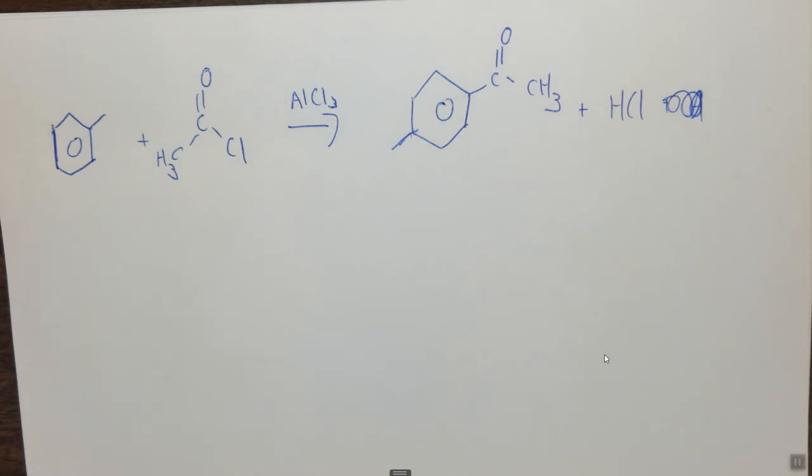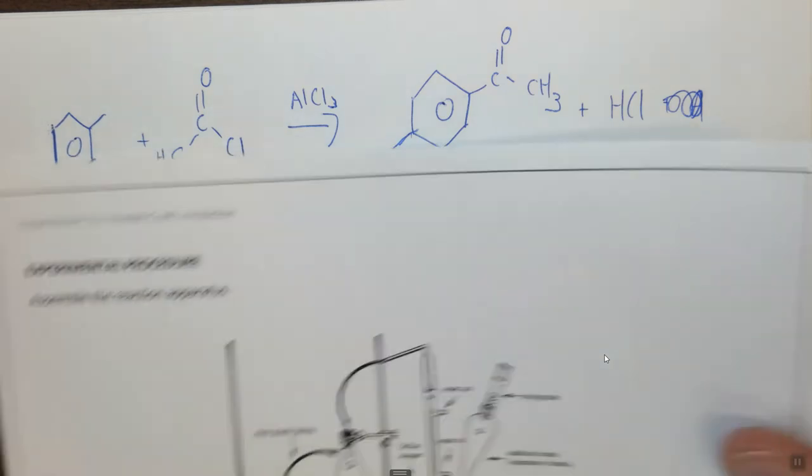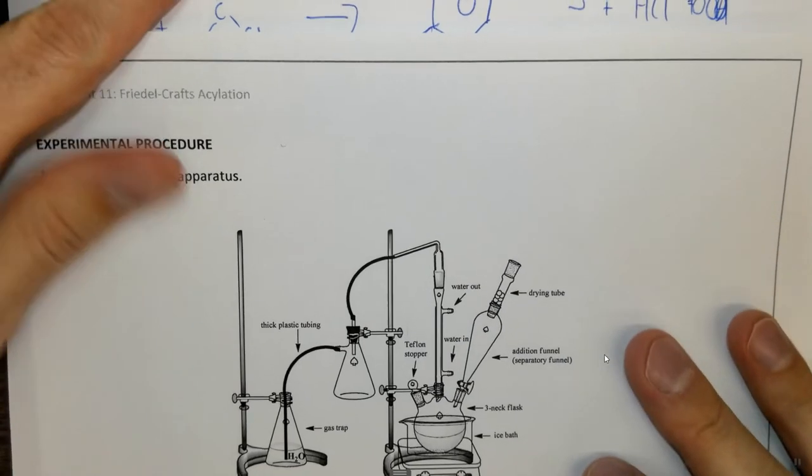So I want to talk a little bit here about how the reaction is going to go. Then we're going to look at the mechanism of the reaction. Then I'm going to talk a little bit about the theoretical yield. I will discuss, but not go over, the separation scheme, and then we'll talk about how we're going to analyze our product by IR, and finally we'll talk a little bit about the hypothesis. So let's get started. First of all, we're going to do this reaction in a